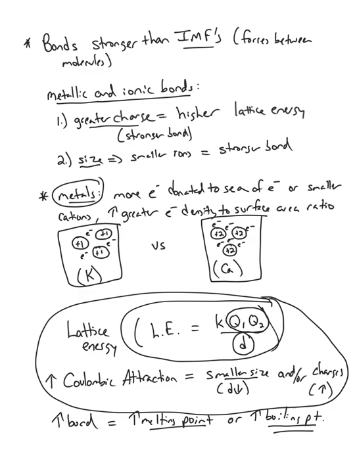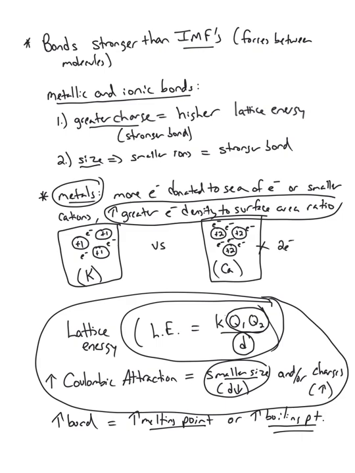So for metals, we are looking at something called the electron density to surface area ratio. The better the electrons in the sea can cover the cations, the stronger the metallic bond is. And that results in two ways. Either the ion can be smaller, and therefore the electrons have less surface area to cover, or elements donate more electrons, like calcium, which donates 2 electrons per calcium atom. If 2 are donated per one, there's going to be twice as many electrons to cover it. So we can see here in the model that calcium has a much better electron to surface area ratio, and that causes a stronger bond.